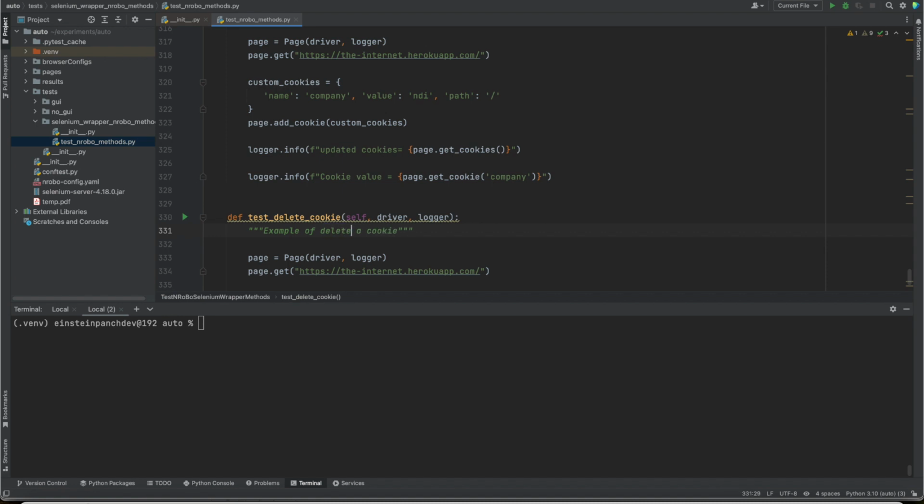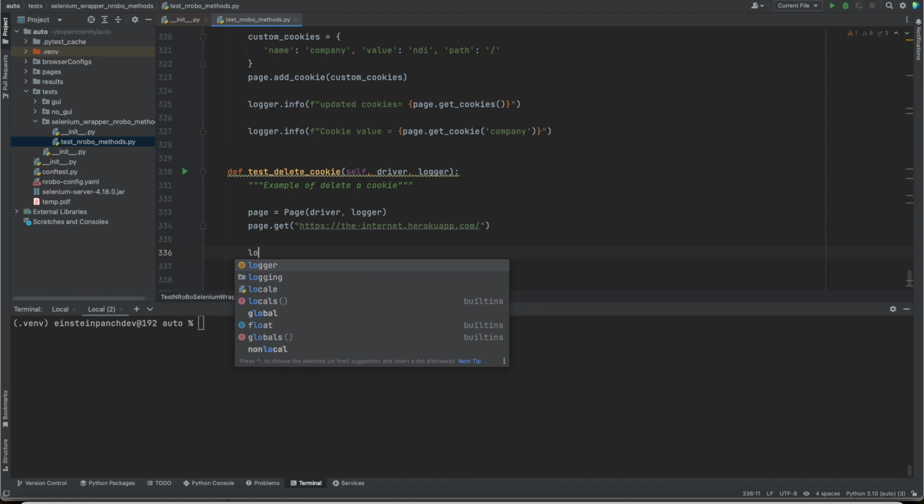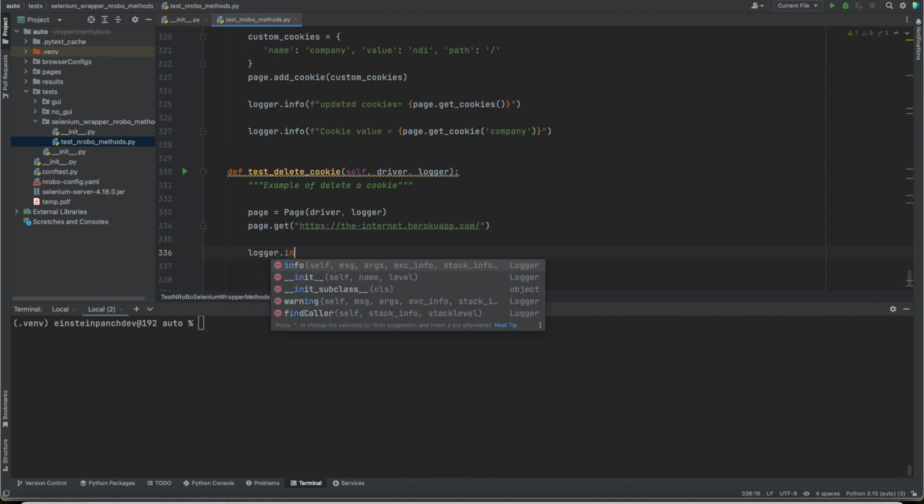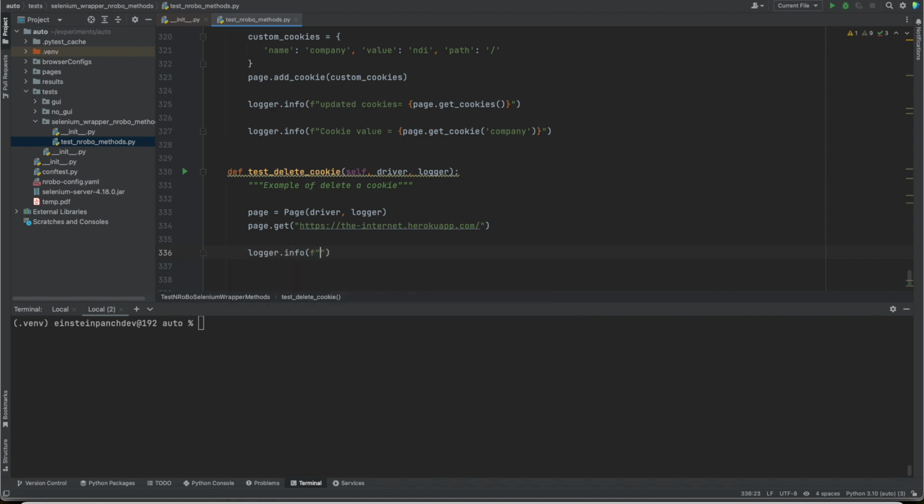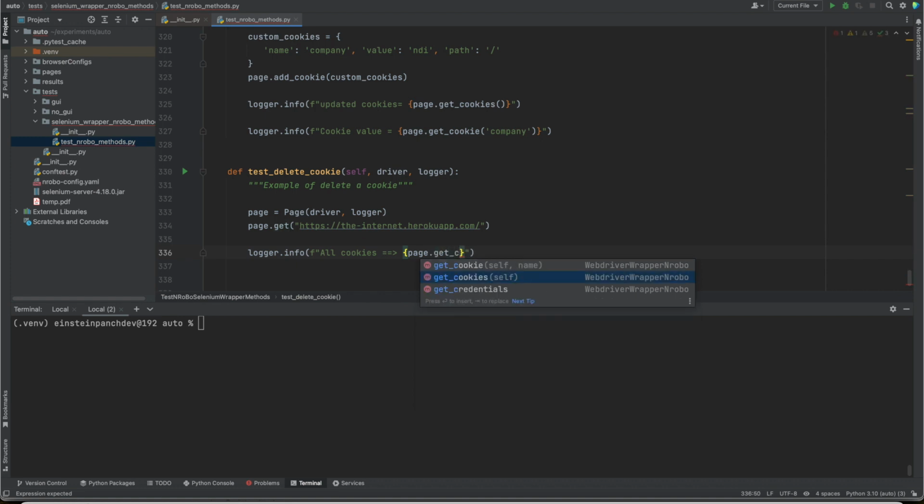Example of delete a cookie. Here we are opening up the URL and then let's log info of all the cookies before deletion. Okay, so to get all the cookies, let's use the page.getCookies method and then